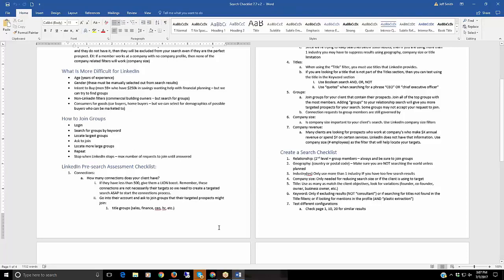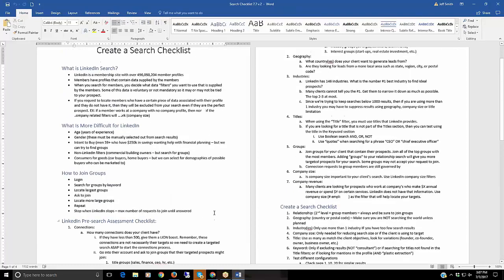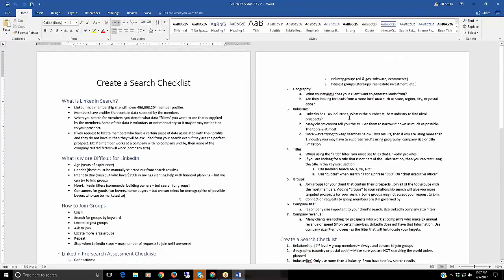If they only want to talk to CEOs or CFOs, then there are going to be people that are salespeople or people that are not really in that industry, that don't fit your search filter. But that's how to expand the network very quickly for your client. I think everybody knows how to do Boost. The next is